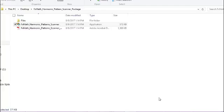Okay, we're in my laptop now, and this is the zip file I downloaded. I unzipped it. It's for the Harmonic pattern scanner package. It contains a PDF. It's got various files, EAs and things. But it also has an application file, and this is an auto installer, which means if you run this program,